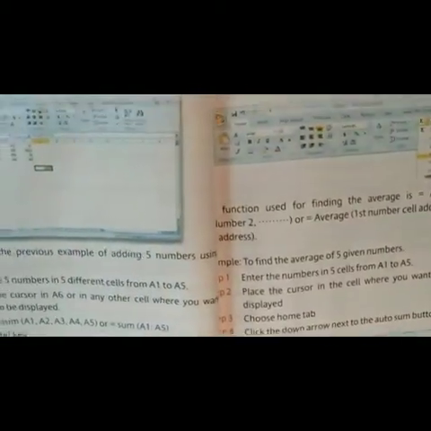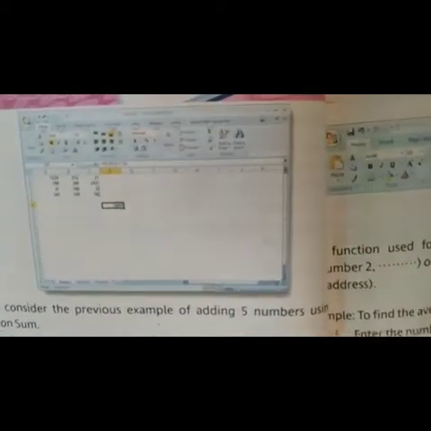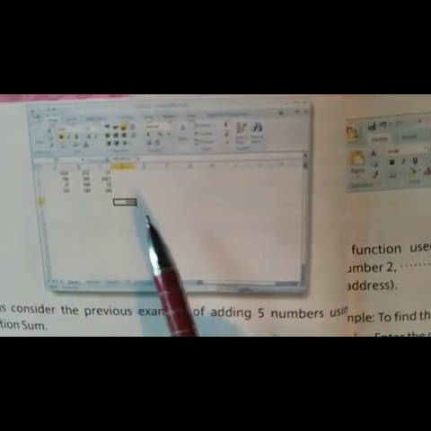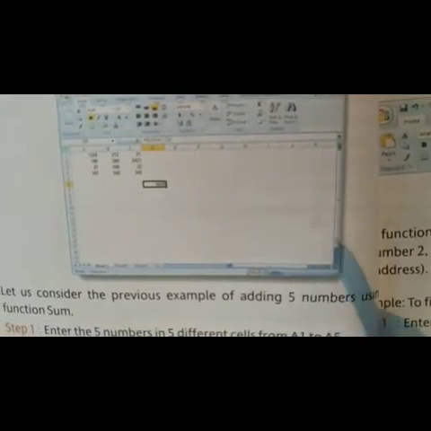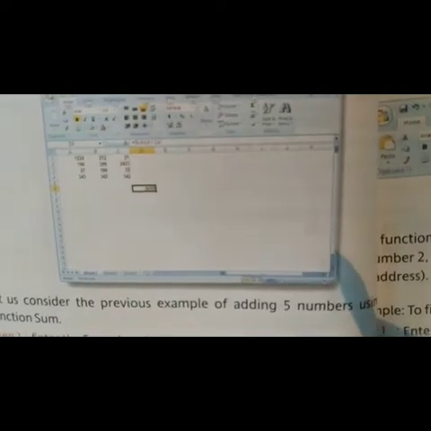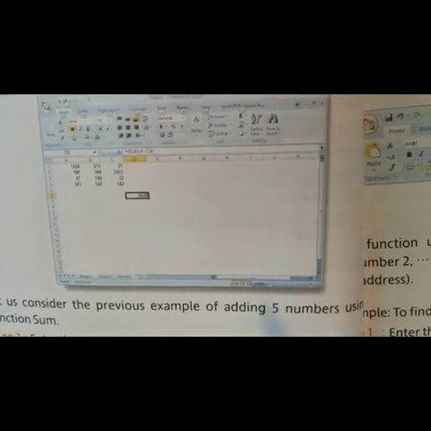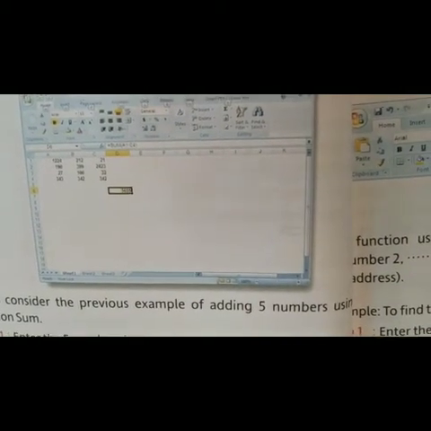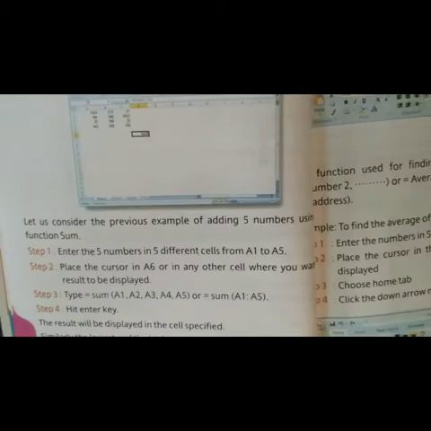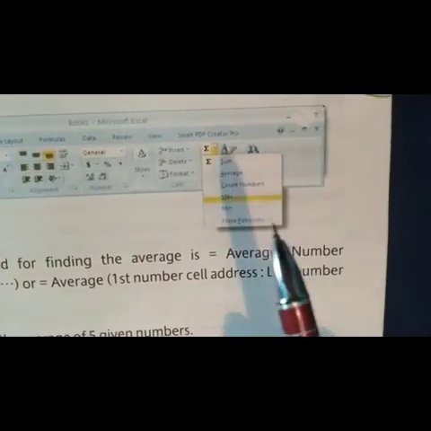Consider the previous example of adding 5 numbers. Enter the 5 numbers in different cells from A1 to A5. Place the cursor in A6 or in any other cell where you want the result to be displayed. Type =SUM(A1:A5). Hit the Enter key. The function used for finding the average is AVERAGE,